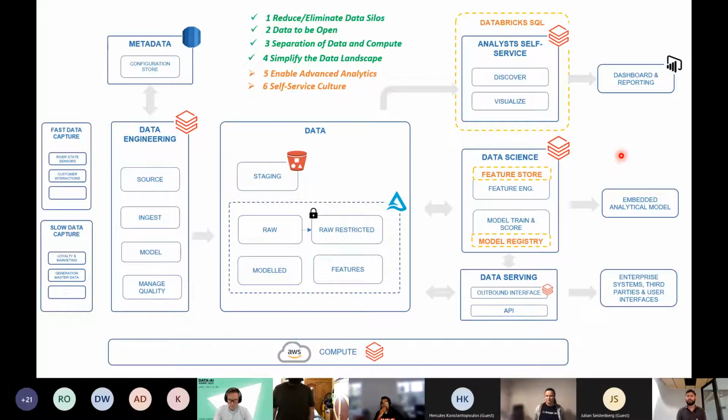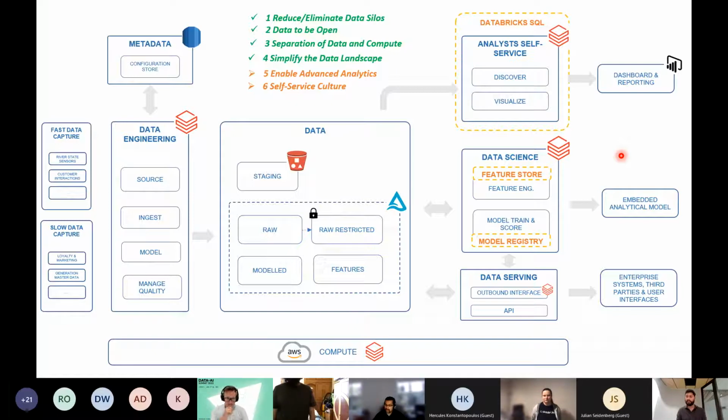And in terms of promoting self-service culture, as I mentioned, analysts today log on to Databricks to work on notebooks, but what we really want to be doing is promoting the use of the Databricks SQL Workspace, starting by introducing SQL endpoints for Power BI users so that they can go through an endpoint that is much faster than a regular compute, and then slowly embrace the use of the whole Databricks SQL.